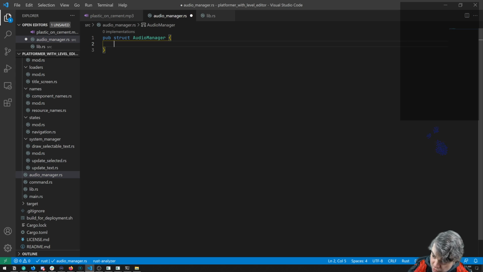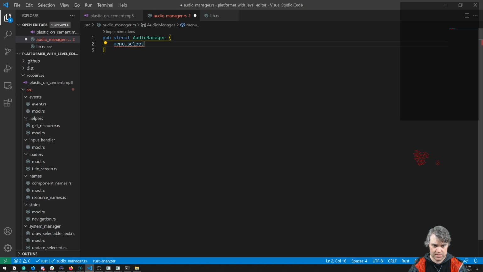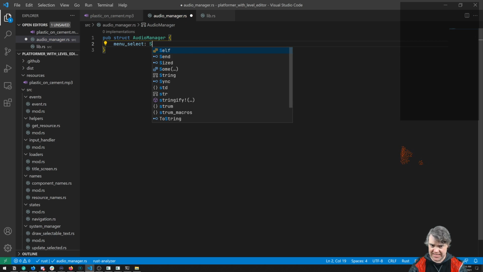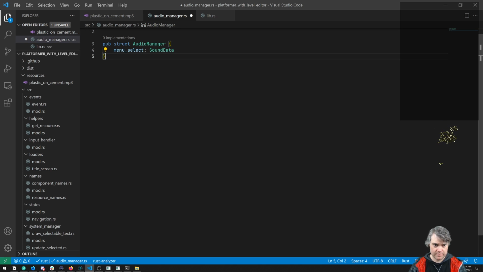Okay, so we need to store all of these sounds so we can play them later. So right now, I'm thinking we can store this as the menu select sound. Menu select, and is it sound? Any sound data stored in memory. A trait, oh okay, so sound data. So it's going to be sound data. Impl audio manager,